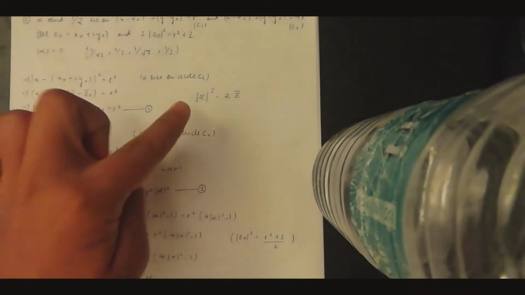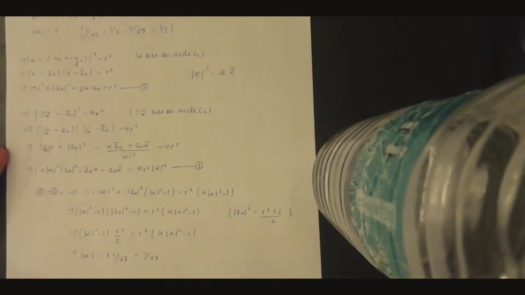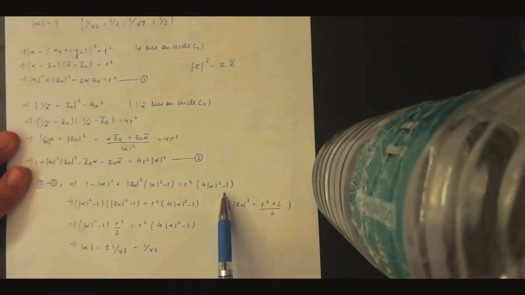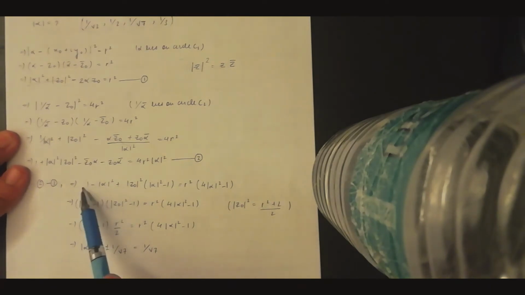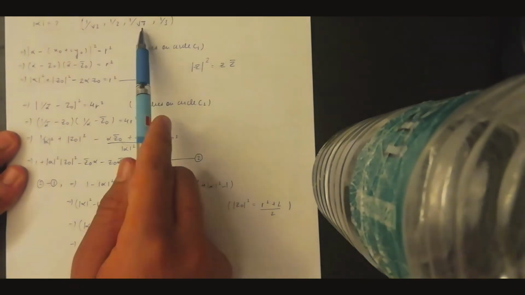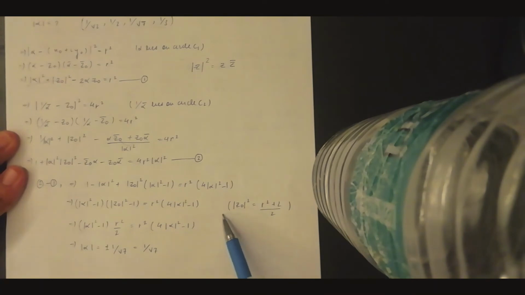Now we subtract the second equation from the first one and we get this, right? We can take alpha square minus 1 as common here and we get this. Okay, now we know that it is given that 2 into Z naught mod square equals R square by 2,